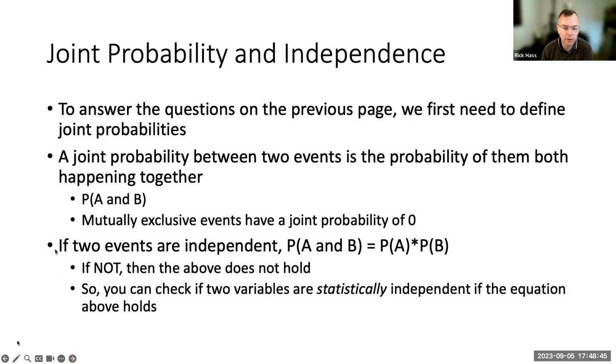If two events are independent, which is different from mutual exclusivity, they can occur together, but we can actually test whether or not they statistically are related to one another by computing what their joint probability should be and then comparing that with what is called the product of their marginal probabilities. If these two things are different numbers, which they can be,